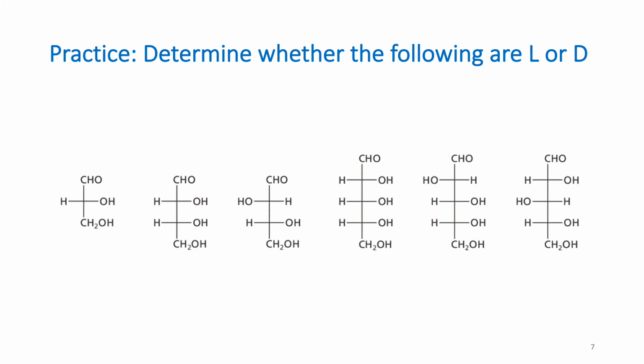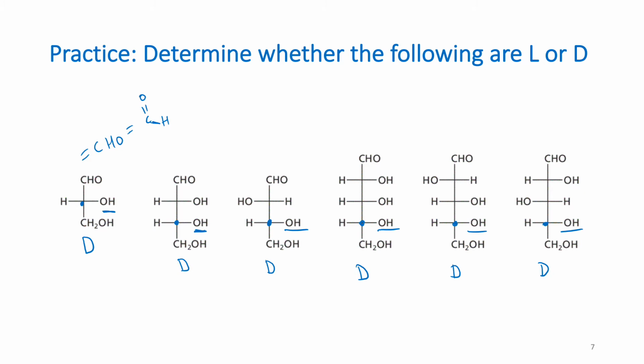So let's determine if these are L or D. This is pretty easy. They're all going to be the same, as I've been harping on. CHO is an aldehyde, so think of it like that. So these are all aldoses. You may notice that the last chiral carbon here is designated by that blue dot that I just added. So this is going to be D because the OH is not on the left, it's on the right. This is D as well. Sorry. The last chiral carbon is this one. And so the OH is on the right, making it D. Last chiral carbon here, D, so on and so forth. I wasn't very creative with this example, was I, class? That is okay.